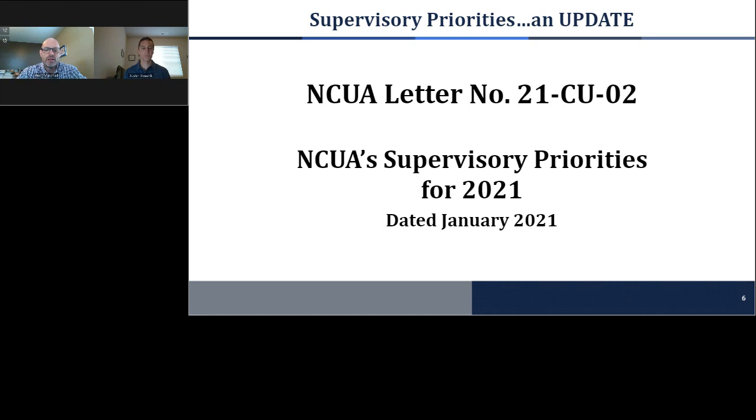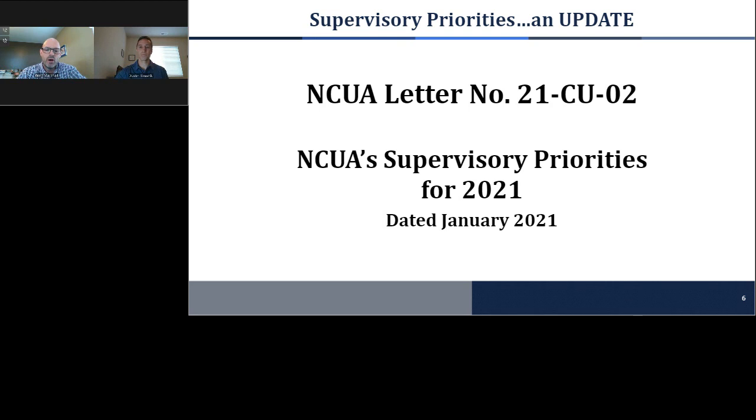Bottom line, we understand there are challenges that credit unions are facing because of COVID and the pandemic, and we're committed to responding to that pandemic with guidance, policies, and procedures that hopefully reflect the current economic climate going on in your area, as well as efforts to increase the efficiency of our supervision program. That continues to be our commitment.